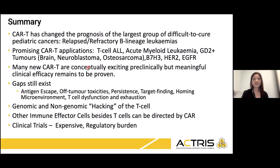So just a summary slide, because it's been quite a broad sweep of many concepts. The take-home messages are that CAR-T has really changed the prognosis of the largest group of difficult to cure pediatric cancers. Primarily, the key success is in relapsed refractory B-lineage leukemias, and now we're looking to apply this to the other unmet needs that we have. Some of the promising CAR-T applications that have come about in the last couple of years would be CAR-Ts for T cell ALL, AMLs, and GD2 positive tumors. And then B7H3, HER2, and EGFR are promising antigen targets as well, even in the pediatric